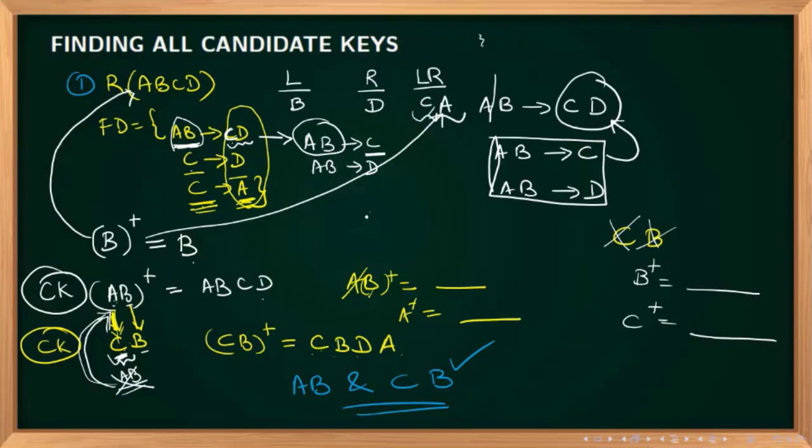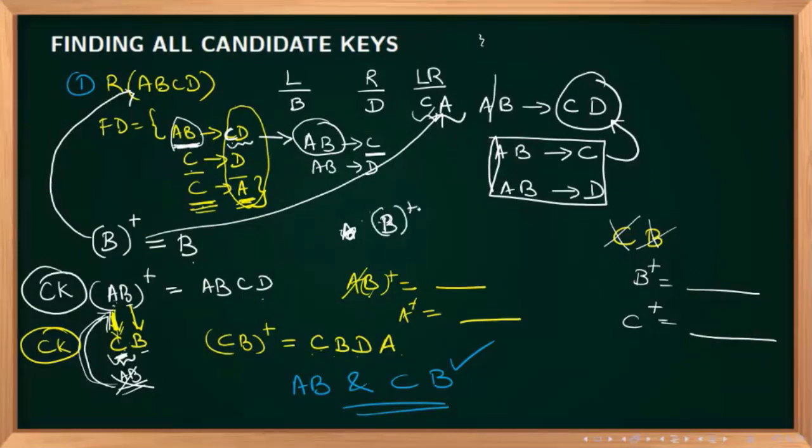So one by one you add, so that you will understand that if you add one by one like that, whatever you are getting at a particular time, you will be getting all the attributes closure. So A, B, assume that A, B is here, which one is coming? A, B, A, both side it is coming. You see here, B is coming only in the left side, C coming both side, D coming both side, D is coming only in the right side, A both side. So only B. So start with B.